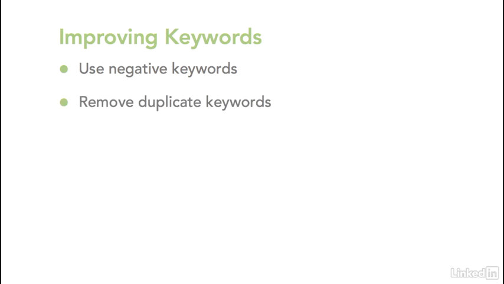Google's only going to show one ad per advertiser on a particular keyword. So there's no reason or need to include the same keywords in different ad groups or campaigns. Since the better performing keyword will trigger your ad more often, remove the duplicate that performs worse. Now, it is okay to include duplicate keywords if you're targeting different geographic regions.